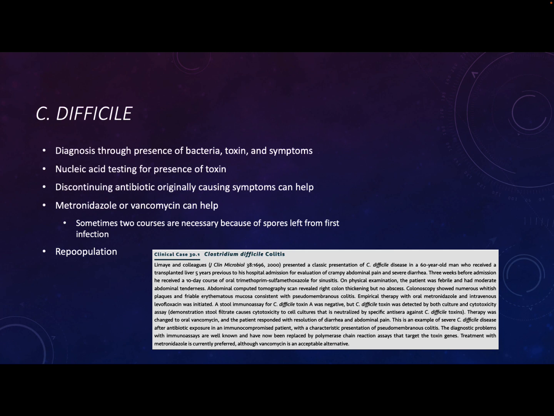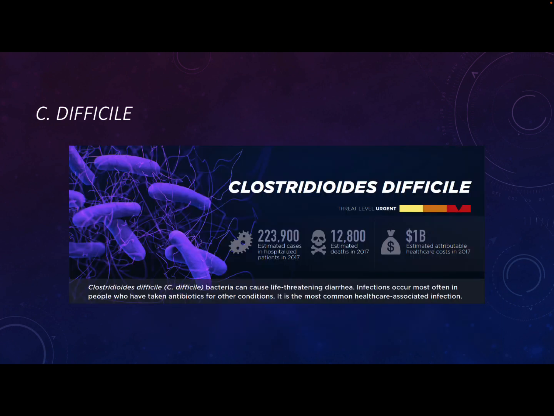Treatment with metronidazole is preferred, although vancomycin is an acceptable alternative. We don't see the same levels of resistance to metronidazole in other types of bacteria like we do to vancomycin. So vancomycin to treat C. diff will work, but it potentially exposes other bacteria like Enterococcus to vancomycin, which can lead to the development of resistance to vancomycin in other members of the gut microbiome. So vancomycin-resistant Enterococcus, you might remember from a couple weeks ago, is a big problem. So if we have an antibiotic where we don't see the development of resistance all that easily, that's probably the one we would prefer.